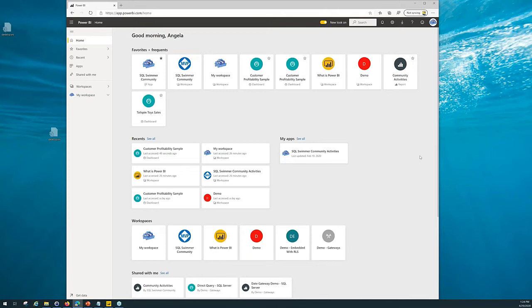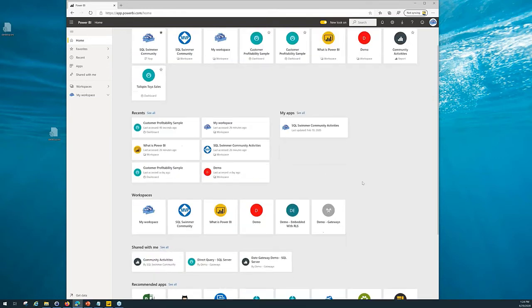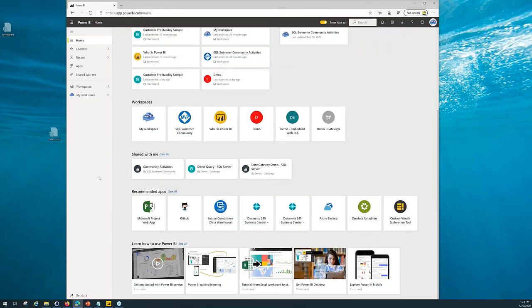All right. So if you go to powerbi.com and you've already created an account, the first time you log in, this is kind of what you're going to see. Now I have a bunch of stuff out here. So I have my favorites and frequents, my recents, all the different workspaces, any apps that I have, anything that people have shared with me.